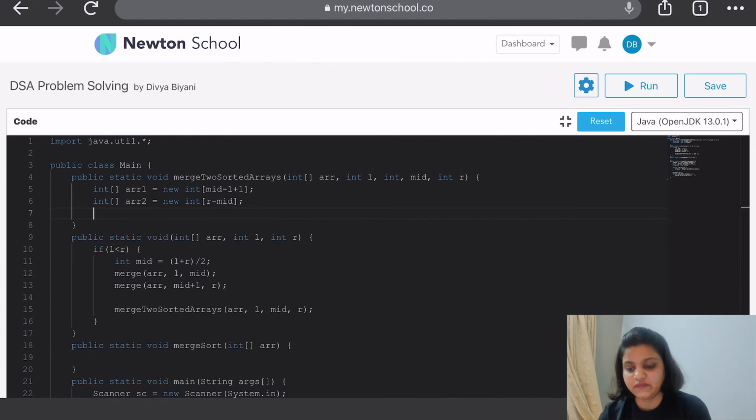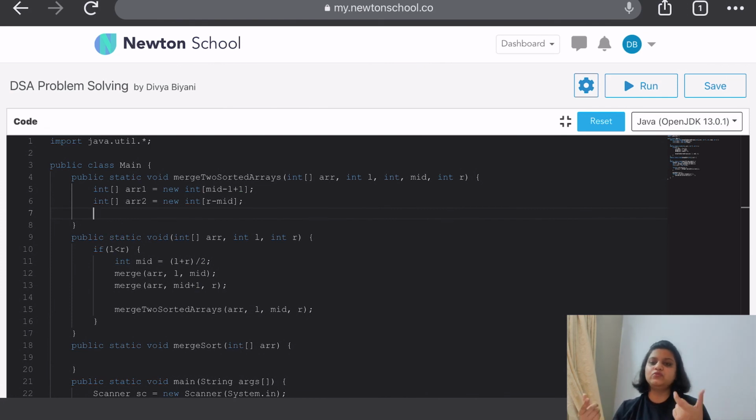So in our function, we called merge on L to mid and we called merge from mid plus 1 to R. After these 2 calls have returned, our array from L to mid and our array from mid plus 1 to R are actually sorted.